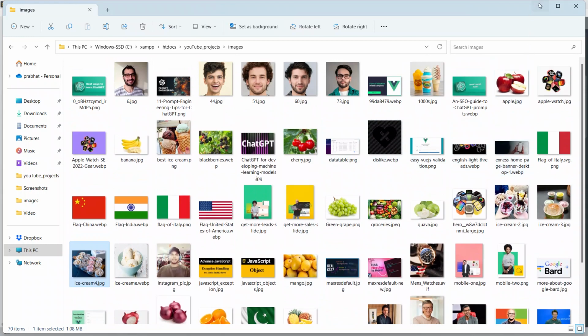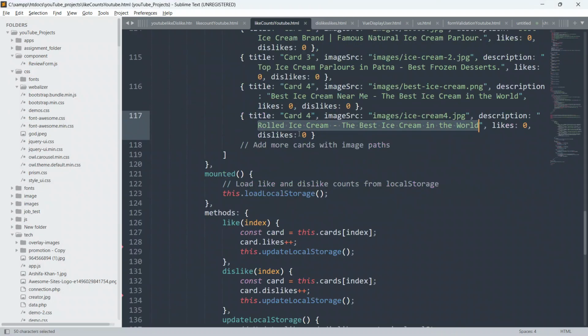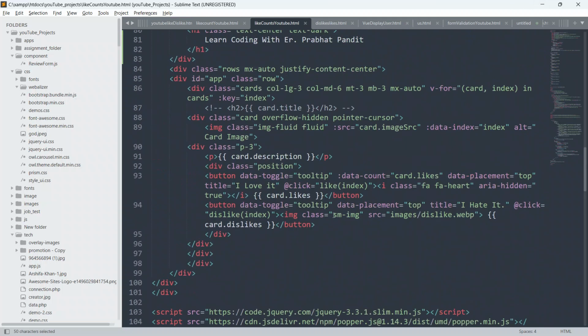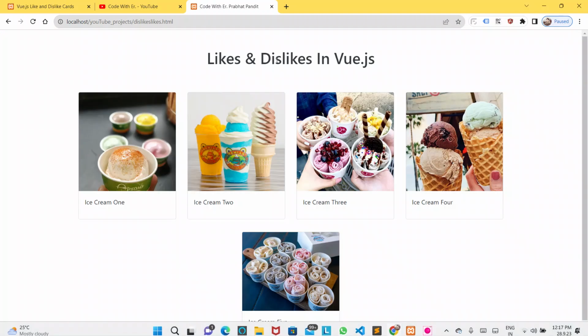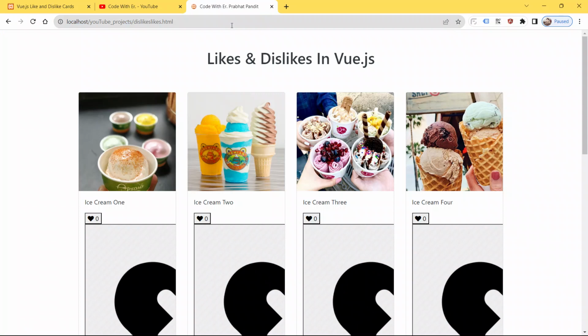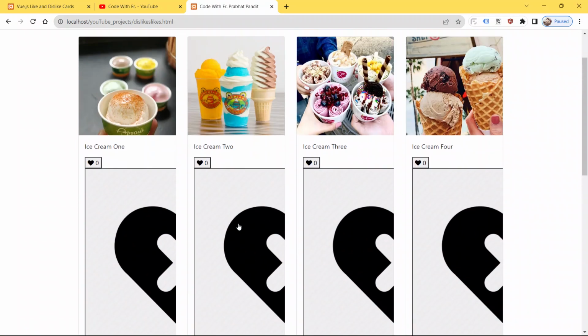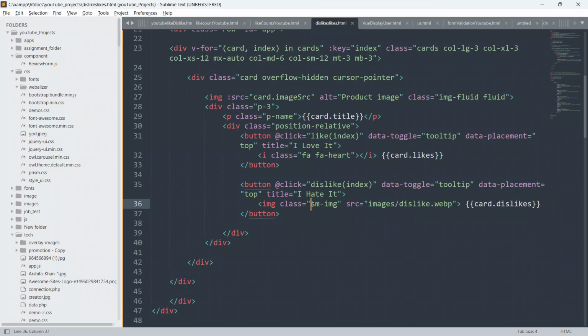It is taking time, so it's better to go to the previous example and copy the image from here, just to save our time, and paste it here. We will have some class also, we have to define this class. Now save your code, go to the browser and refresh the page and see the output first. As of now we have got this image, so I have to put some CSS also.